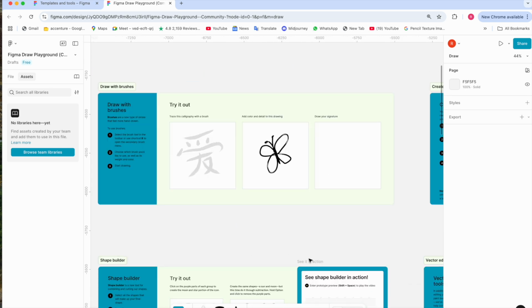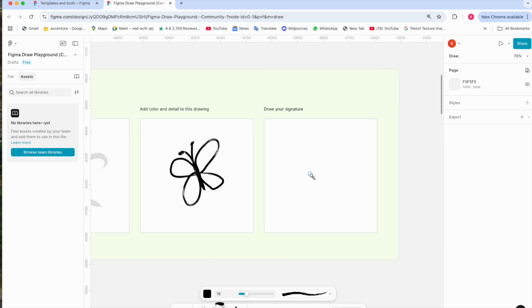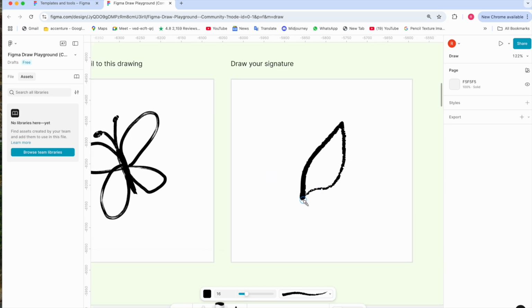First, we'll experiment with the brushes of Figma. So let's create one loop. Yeah, it's easy. Side by side, you can also try with me.